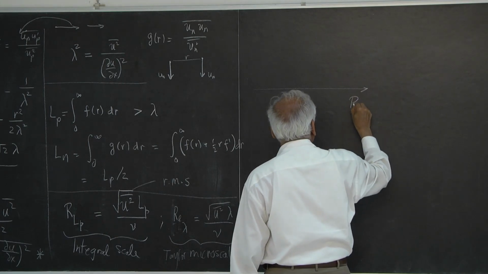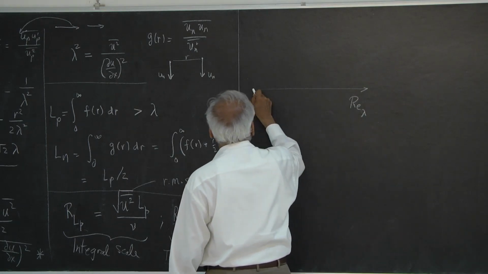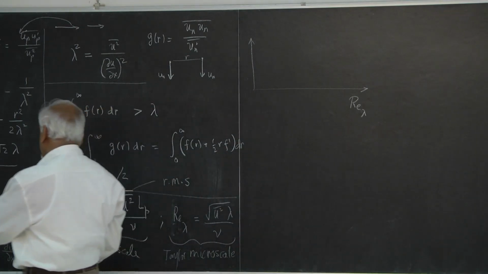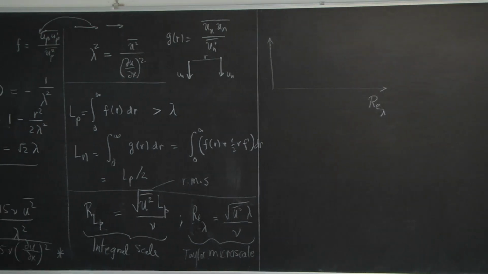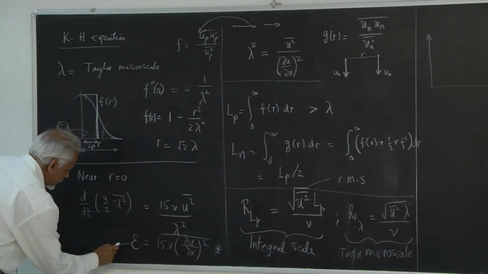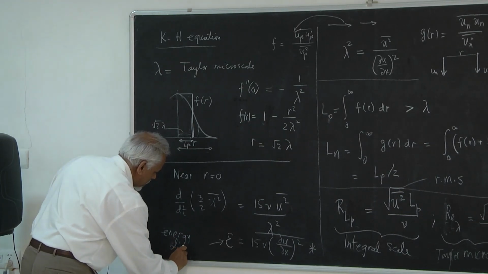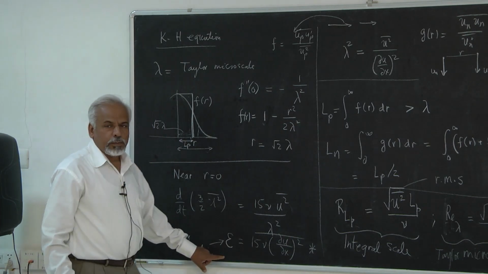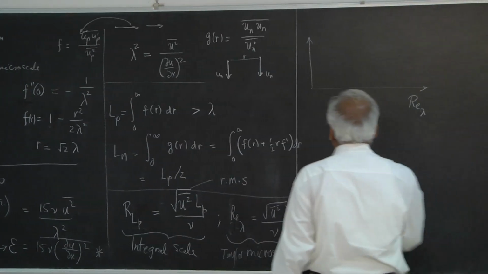That is, as you change the Reynolds number, say Re_lambda, and you plot energy dissipation, that is this quantity here, from now on, please excuse me that I will use epsilon for this quantity, that is energy dissipation. It is simply because everybody else uses it, and if you open any paper, you will see epsilon as the symbol for this quantity, so I might as well use it. So epsilon,